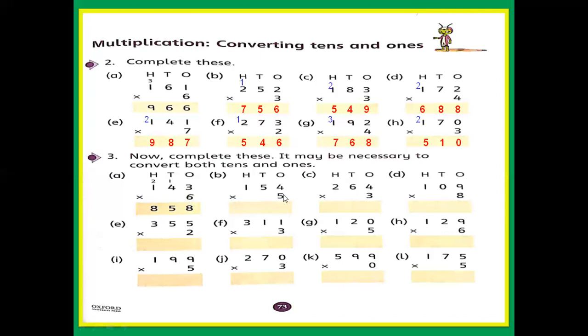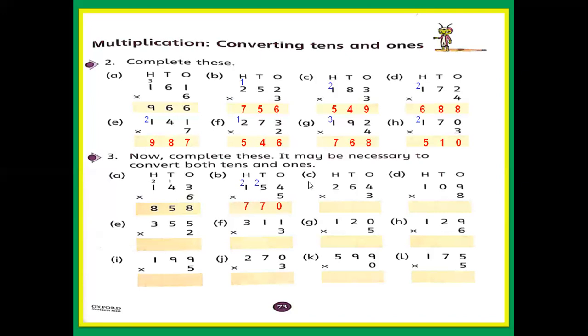B part, 5 fours are, read the table of 5. 5 ones are 5, 5 twos are 10, 5 threes are 15, 5 fours are 20. So write here 0 and 2 will go here to add into tens. So 5 fives are 25 plus 2, 27. Write 7 here. Again 2 will go to add into 100 now. 5 ones are 5 plus 2, 7. So what is the answer? 770.